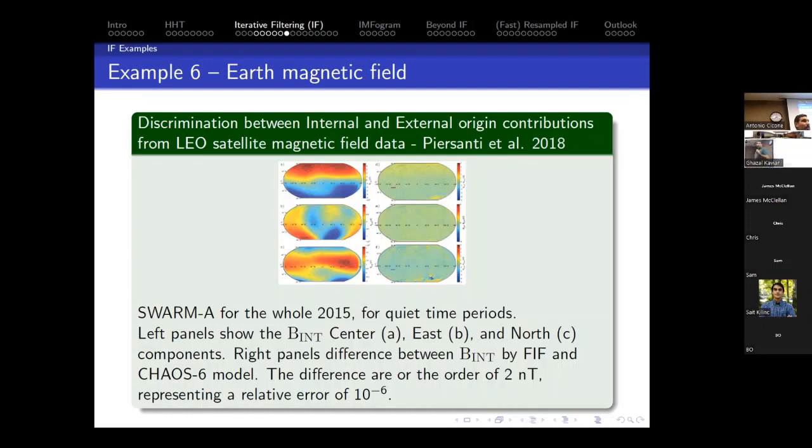But we just pushed a button and did statistical analysis on the IMFs. We didn't put any condition on what the magnetic field was or what the features were. We didn't have to train any model. And this model requires being recomputed every year because the magnetic field is evolving every year. So it's pretty powerful, the approach we have. Now,